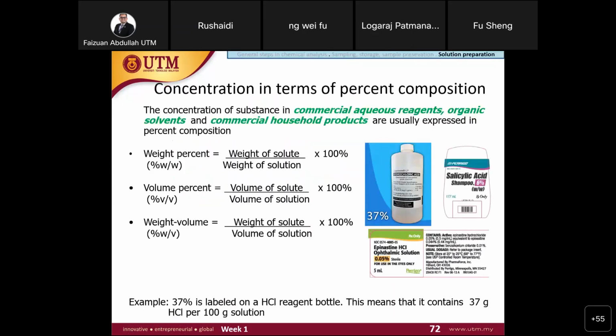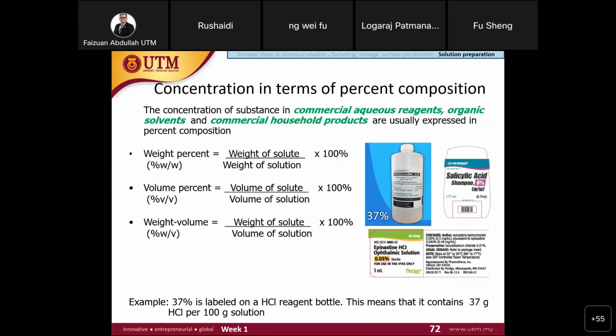All right, so concentration in terms of percent composition. As I mentioned previously, there are concentrations expressed in percent composition. The concentration of substances in commercial aqueous reagents, such as organic solvents and commercial household products, is usually expressed in percent composition. For example, weight percent, which is percentage weight by weight,